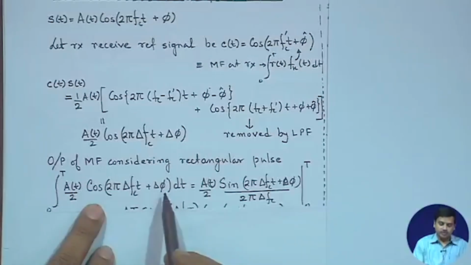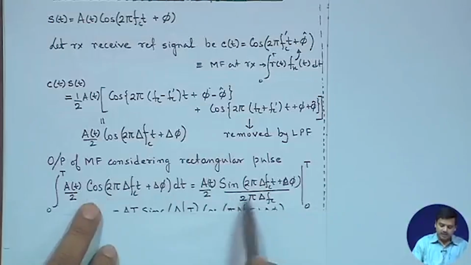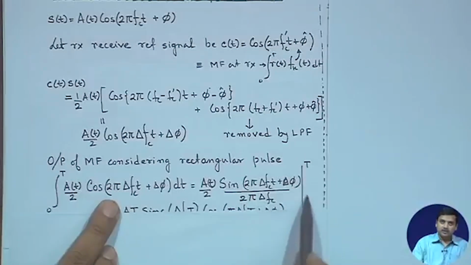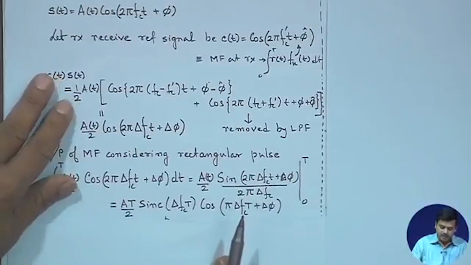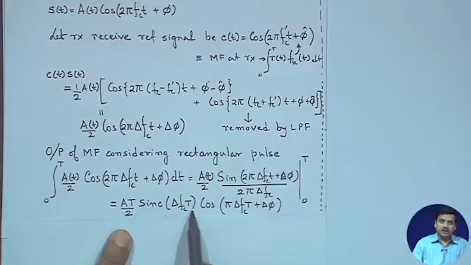Integration of cos leads to a sine, and the inside parameter with t comes in the denominator, and you integrate this value from 0 to t. That means, you calculate the value between t and 0 and evaluate it. What you get is AT by 2 sinc function of delta f c t, and there is a cosine term,